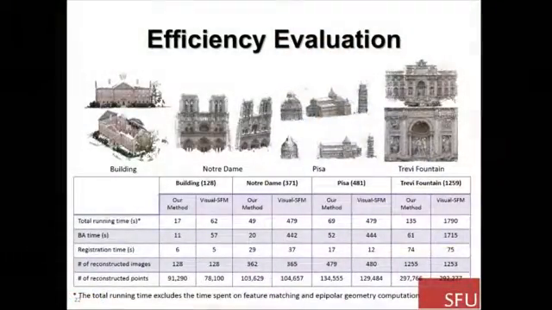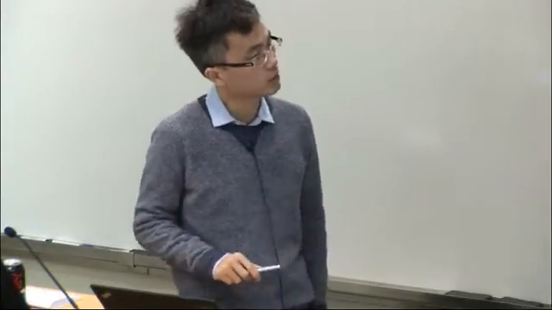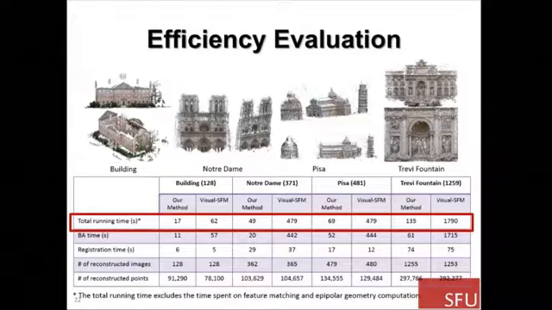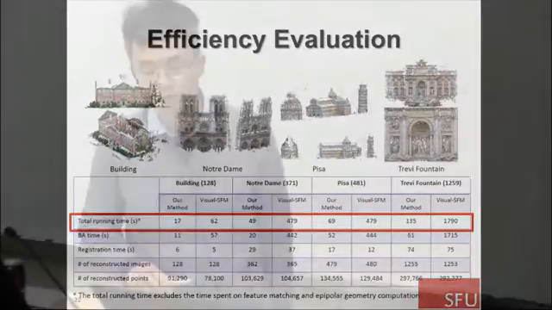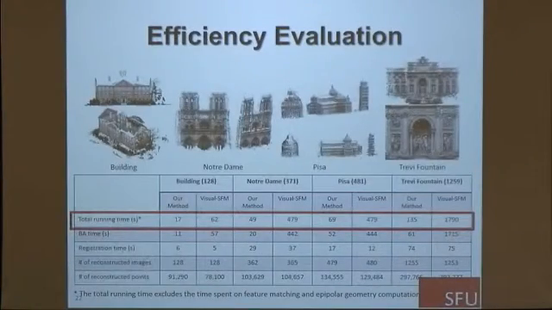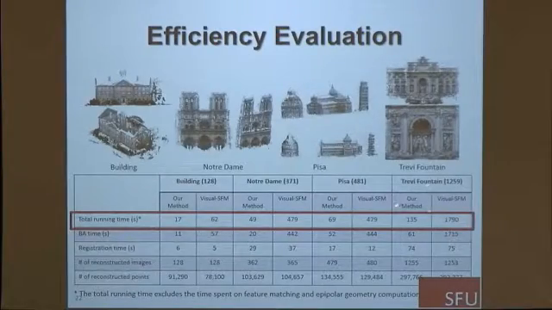And this is another example to verify the computation efficiency of our method compared with the Visual SFM package. So I firstly want to highlight this row. It shows the total computation time excluding the time spent on feature matching and epipolar geometry computation. So as you can tell, because our method is strictly linear, when the data set becomes larger, the computational efficiency becomes clearer. So on this rightmost Trevi Fountain example, our method is roughly 13 times faster than